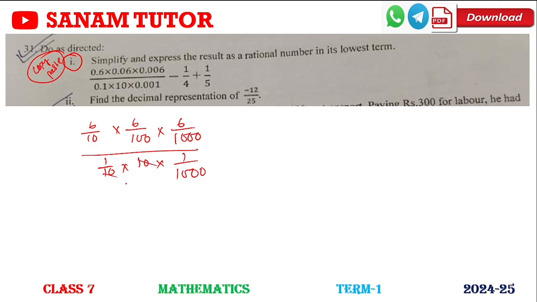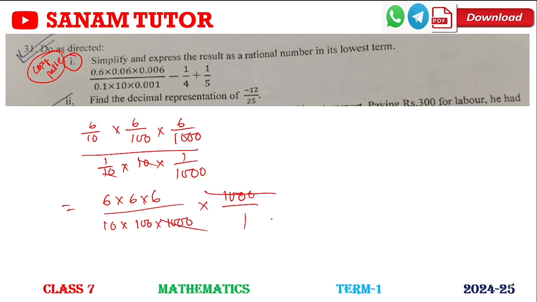The remaining is 6 into 6 into 6 divided by 10 into 100 into 1000, into 1000 by 1. So 1000 cancel. Now minus 1 by 4 plus 1 by 5. The answer is a rational number. Okay. So 216 divided by,